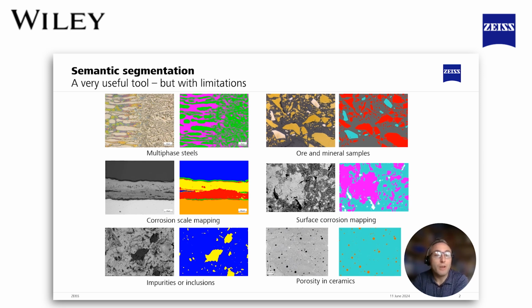So just to show you this quick introduction, we've been using semantic segmentation for a long time. We use it across a lot of material science subject areas, but it really relies on the idea that the individual pixels that we're interested in are going to be significantly different from the pixels of things we're not interested in. And so if we want to highlight any kind of feature across all of these different types of examples, of which geoscience is just one,